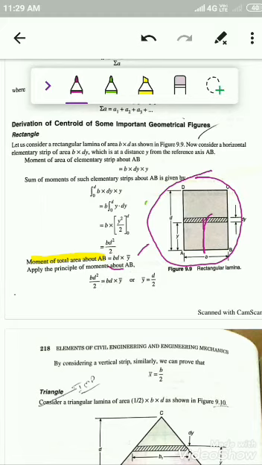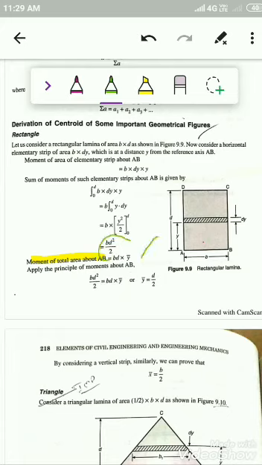Now apply the principle of moment. What it says is that the summation of the moments due to all the elementary strips is exactly equal to the moment due to the entire area. Just equate this equation with that equation, so B D square divided by 2 is equal to B D into y bar. Therefore y bar is equal to D by 2. You can observe in your tabular column that the centroidal distance of a rectangle is y bar equal to D by 2, since the y distance is the depth D.